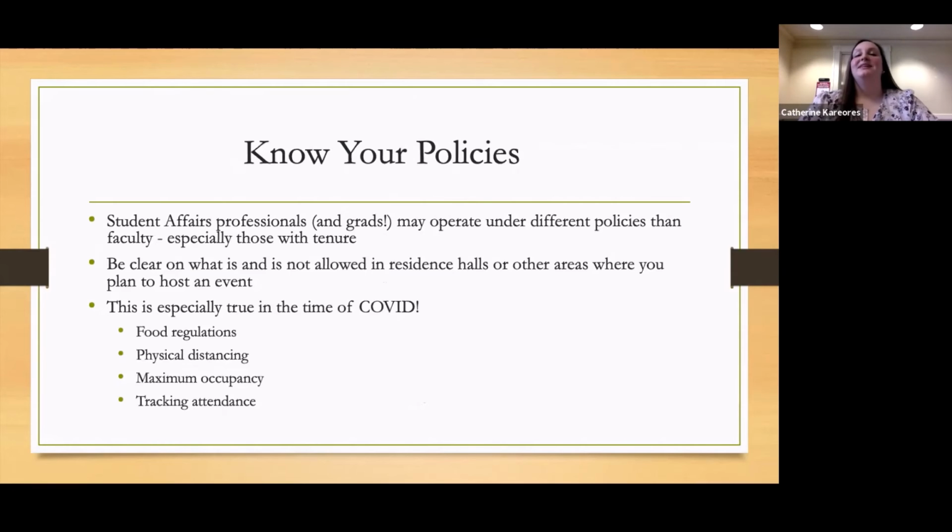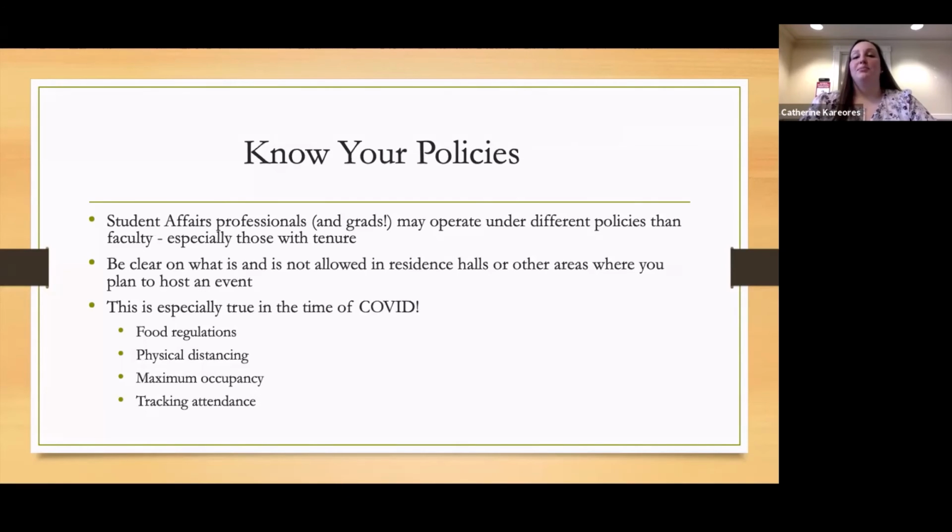One example here at the University of South Carolina, with our enhanced restrictions, we are being asked to only order food through our university catering company. And when we have faculty saying, oh, but let's just order Domino's, it's about explaining that unfortunately we're not able to do that this semester. But our university catering company has been awesome about trying some new things. I can reach out to them and set something up. I know we'll still be able to have a great event with snacks and food. So just know what is possible in a residential setting, which may be a little bit different than in a classroom.